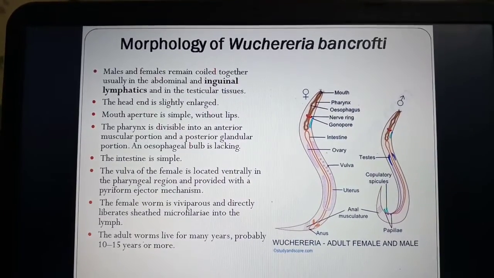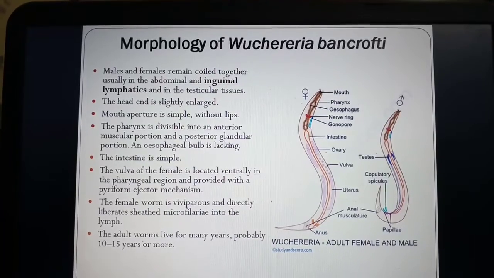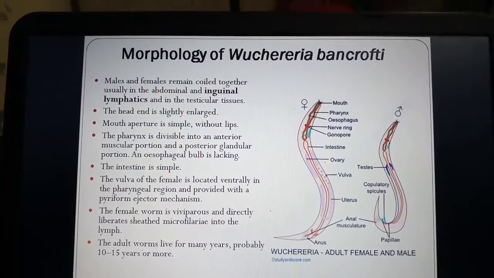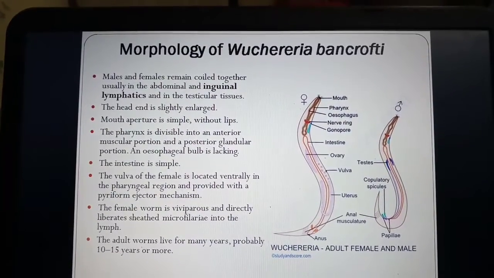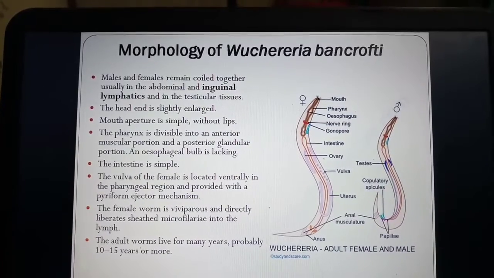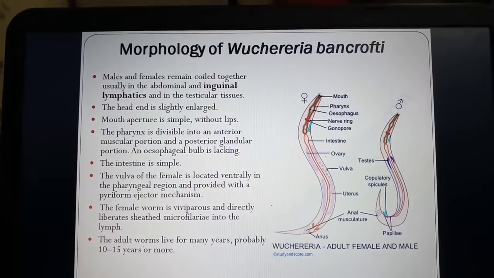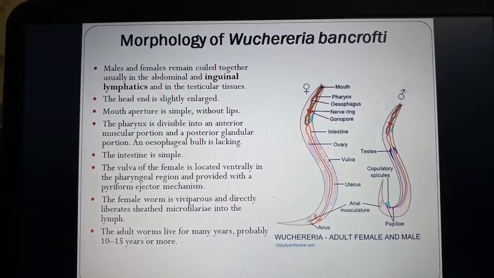The head end is slightly enlarged. Mouth aperture is simple, without lips. The pharynx is divisible into an anterior muscular portion and a posterior granular portion, and an esophageal bulb is lacking. The intestine is simple. The vulva of the female is located ventrally in the pharyngeal region and provided with a